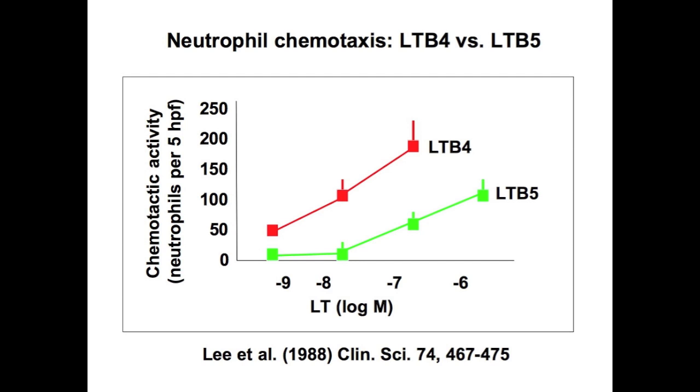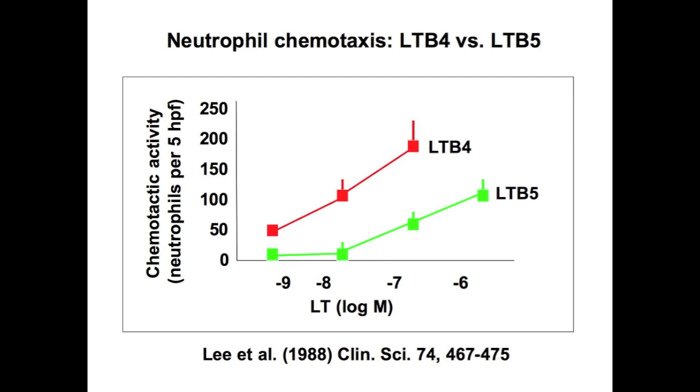Now, this is an old study, just to demonstrate for you. I always like to give people the evidence, what I just told you. This is a comparison between leukotriene B4, which is a chemical made from arachidonic acid, and leukotriene B5, which is a chemical made from eicosapentaenoic acid. This is an experiment in a laboratory, and the readout here is the movement of white cells towards the chemical. Leukotriene B4 is a very potent chemical at attracting inflammatory cells to sites of inflammation. Remember, I talked about that very early on, the attraction of the white cell to the place where inflammation is happening. And leukotriene B4, made from arachidonic acid, is one of the main chemicals that does that.